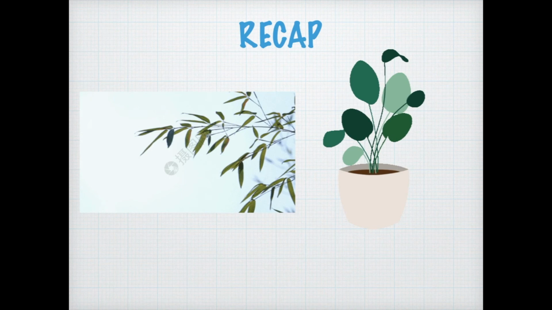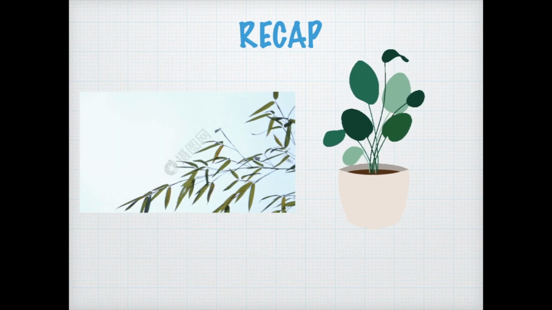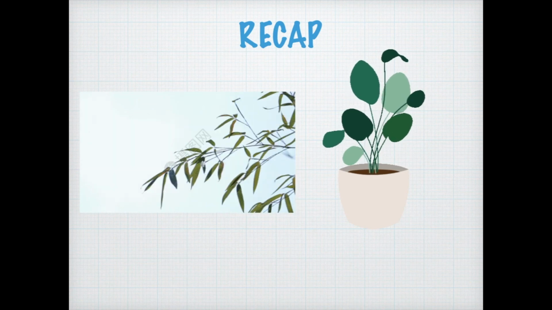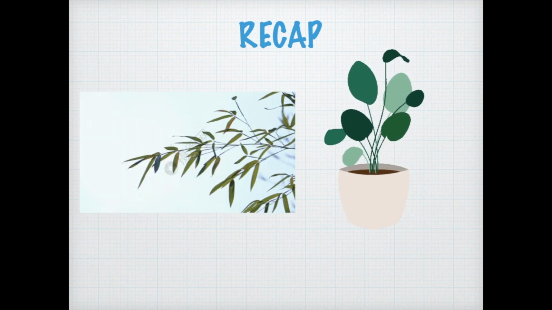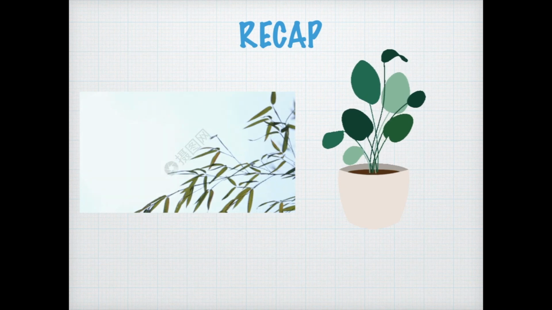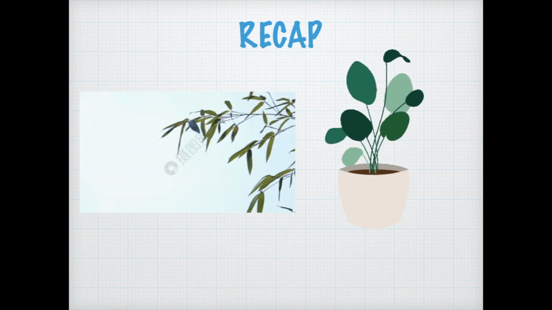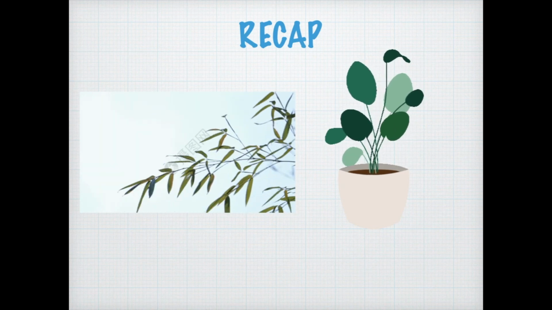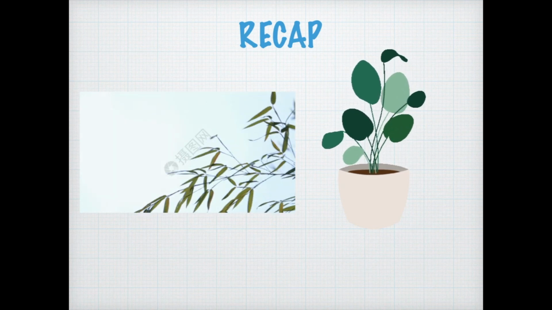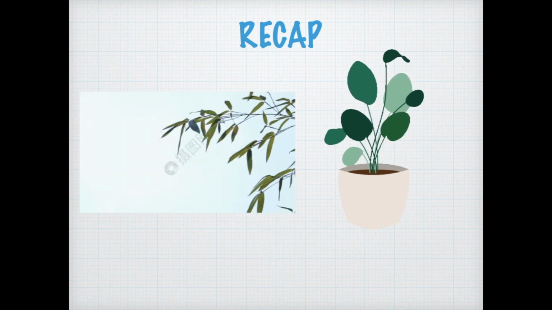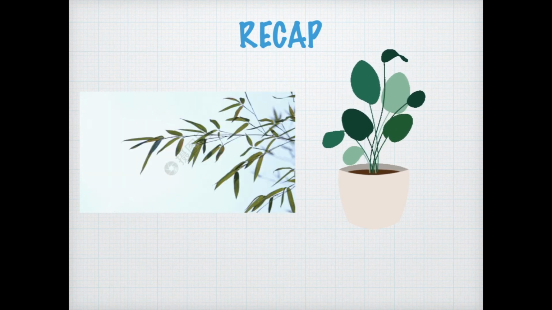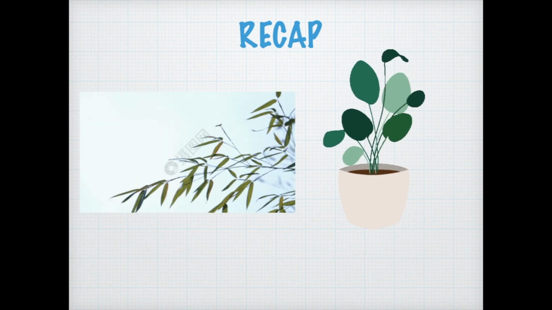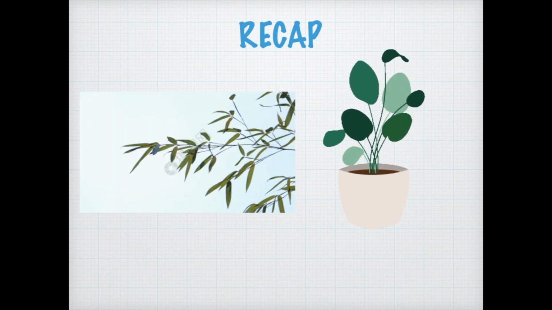So don't forget that they are also living, just like the parenchyma tissue. These cells are also living, but they may be thickened, like I showed you, at the corners. Don't forget that. Then there is very little intercellular space. You can go back and watch the video where I was showing you the cells, and you will find that there is very little, or the intercellular space is almost absent. So that's all about the collenchyma tissue.